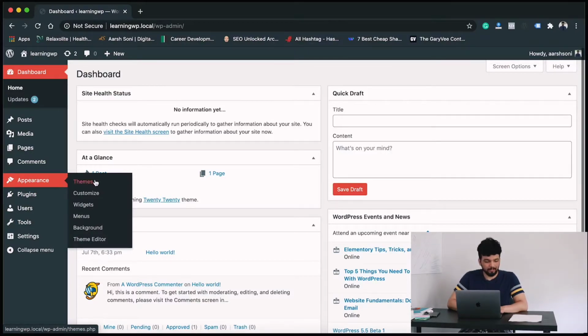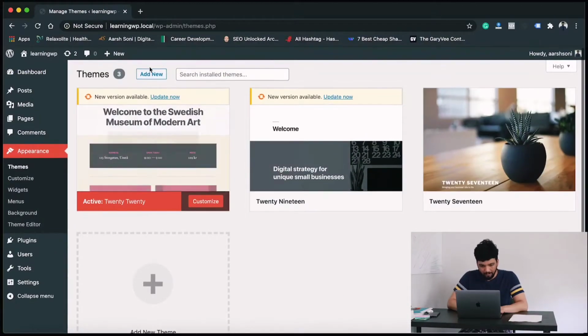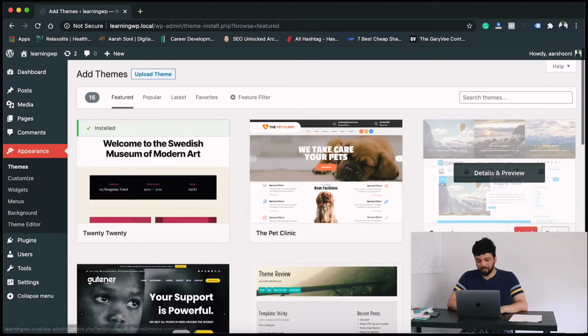So we're going to select a theme today and go into Appearance, then Themes, and there's an option for Add New. So go ahead and click Add New. Now there are not hundreds, maybe thousands of themes to choose from, and all of them are free of cost. You can choose any theme you like, but just for the sake of this tutorial, we're going to use a theme called Astra, just because Astra has templates which are pre-developed. So you don't have to go through the process of developing the whole website. You get a ready-made website and you just make changes to it.